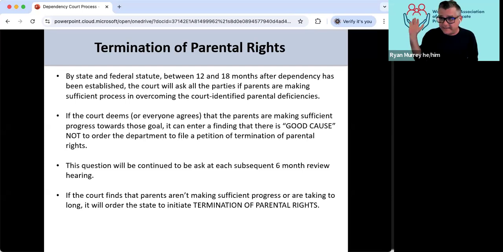In criminal cases, the most extreme thing that you can do to a person, if they're found guilty, is the death penalty. In civil, which is where dependency happens, courts have said that termination of parental rights is the civil death penalty.